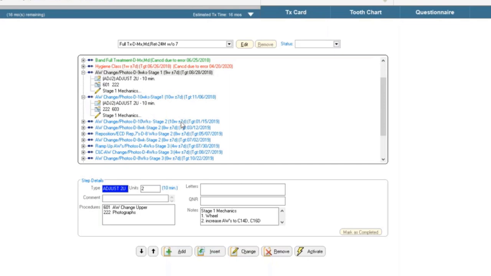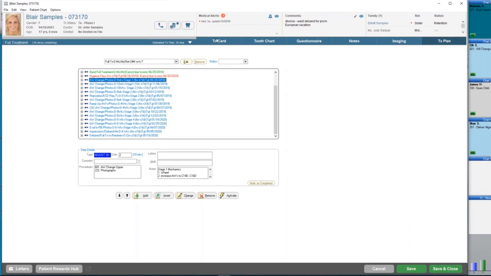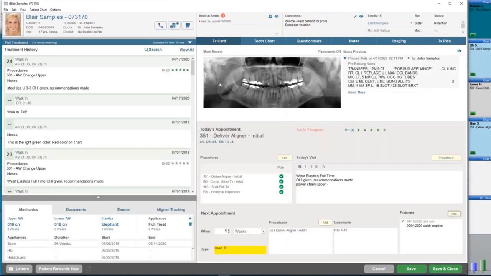I have found that offices have more success in using this structured treatment plan for short steps, so 4 to 5 appointment steps. So I prefer to call it an appointment plan rather than a treatment plan. It lets you put together sets of appointments with those procedure codes and potentially a letter or a questionnaire, so that those steps to either start or finish up treatment are done correctly. All right, that concludes our treatment card portion of